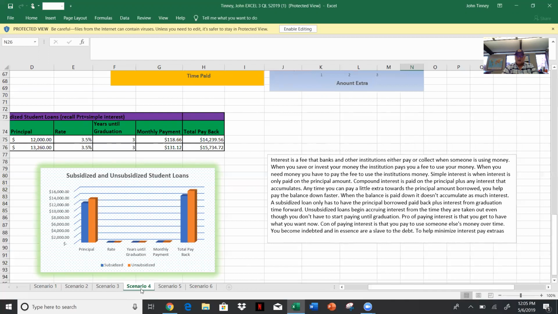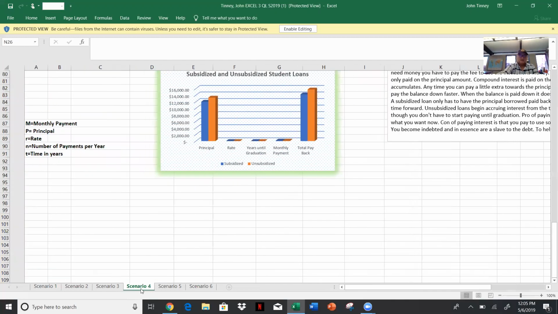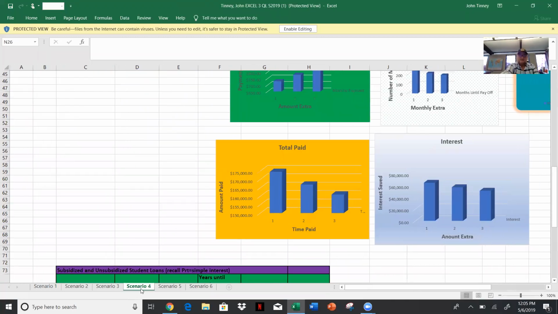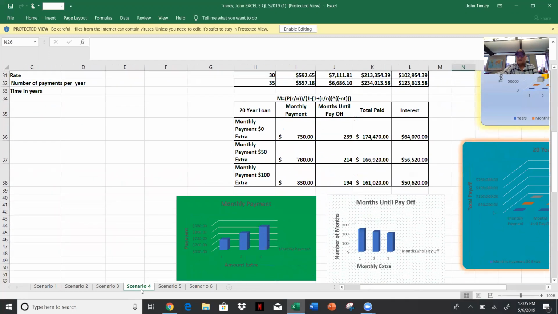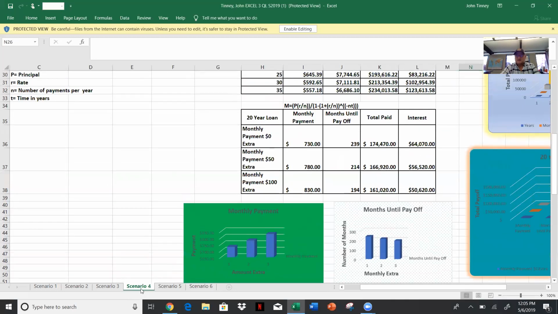If you look at this bottom chart here to the left, it talks about paying monthly payments, paying a little extra. Right here, right above where we're at, it talks about if you paid a little bit extra on it. On the 20-year loan, I don't remember what the interest rate was, but if you paid just the regular payments, you'd pay $174,000